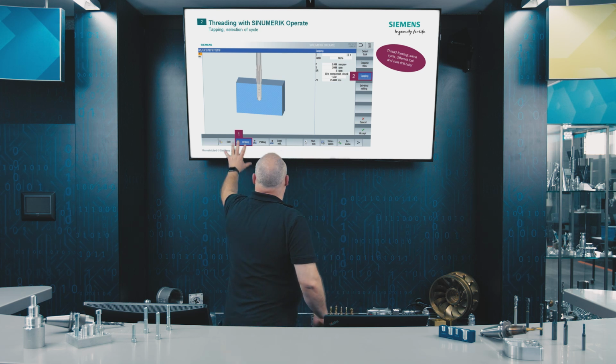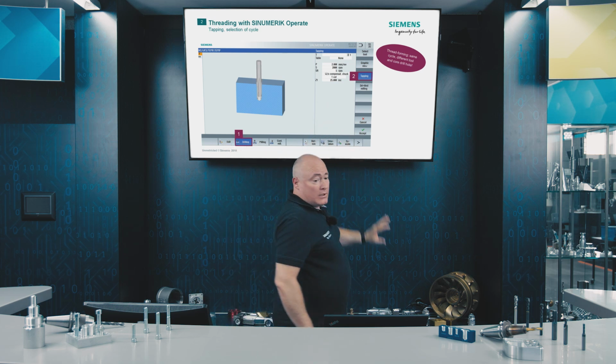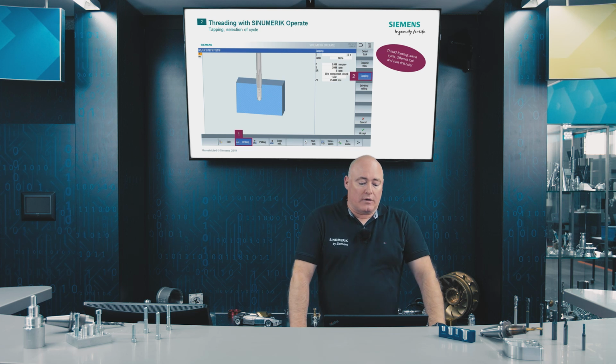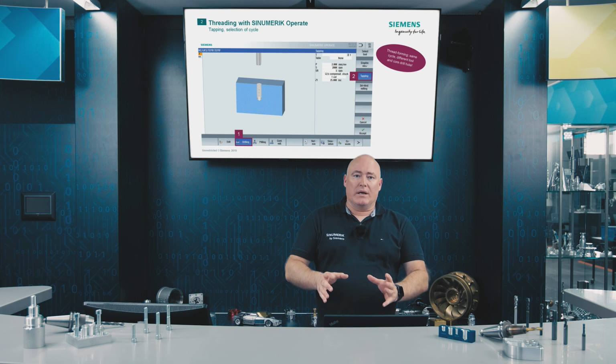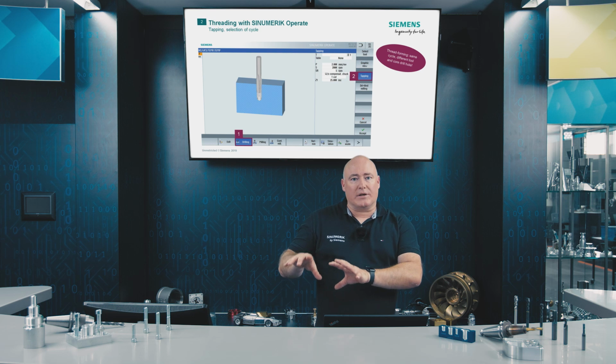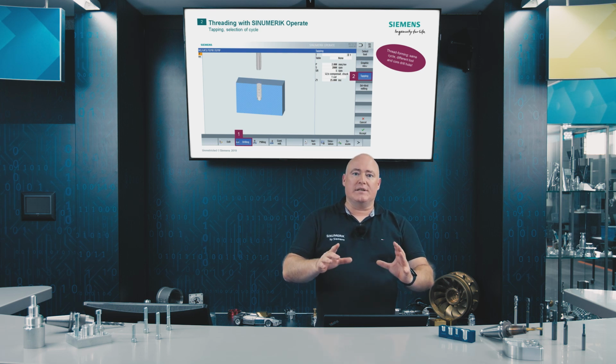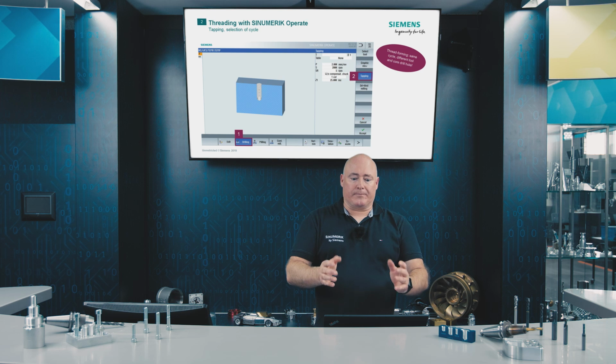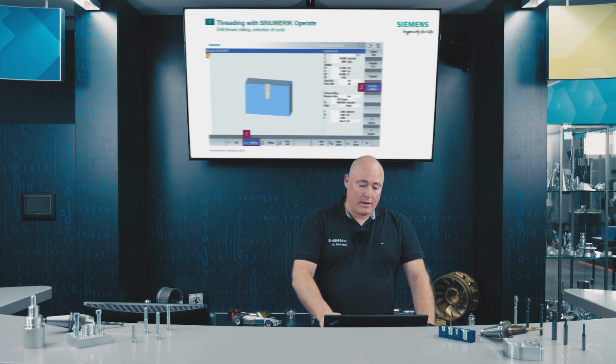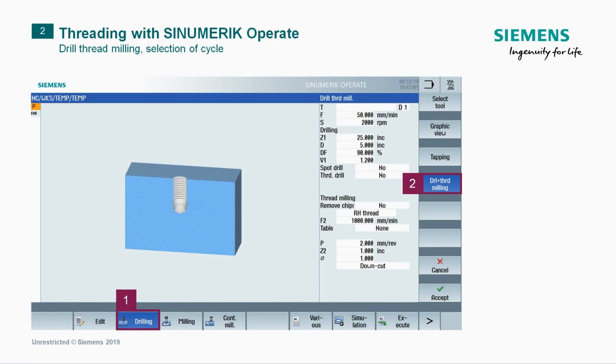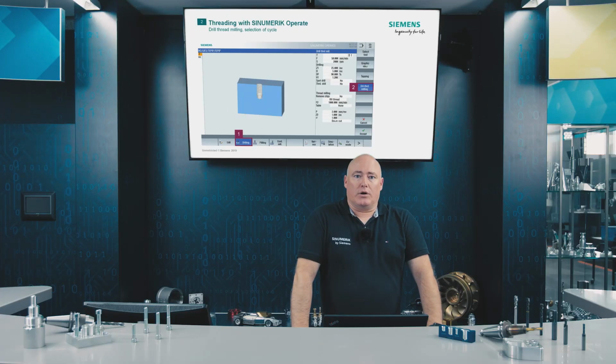Tapping can be found under Drilling, tapping using the respective parametric preselection options. What is important here is that thread forming is implemented using the very same screen. Likewise, there is no separate screen provided for a different manufacturing process. Both these processes are included in a single screen. And drill thread milling, also to be found under Drilling and Drill thread milling. Here again, the technology-related values are entered, enabling the thread to be produced as a result.